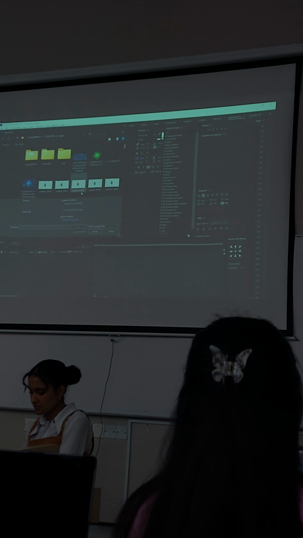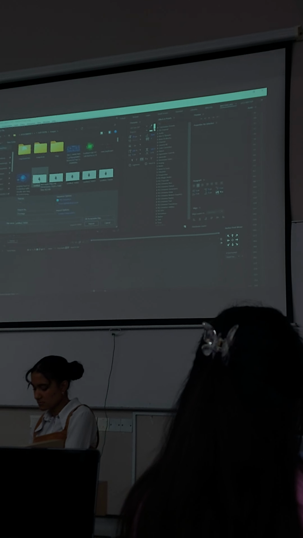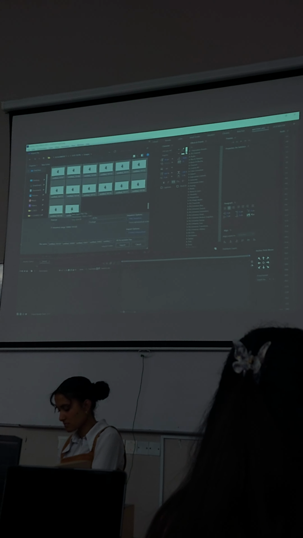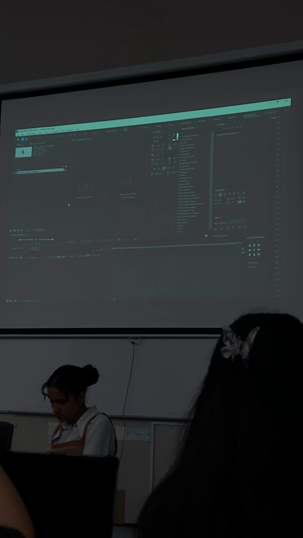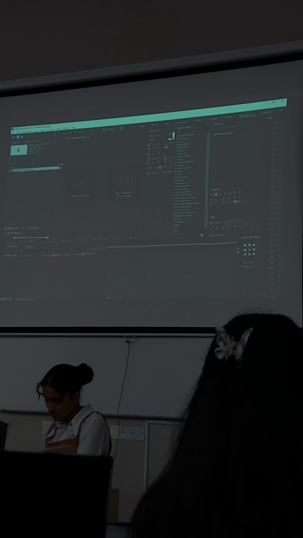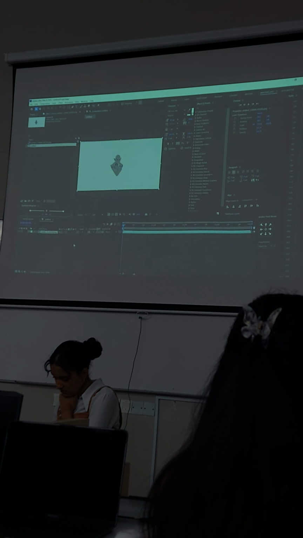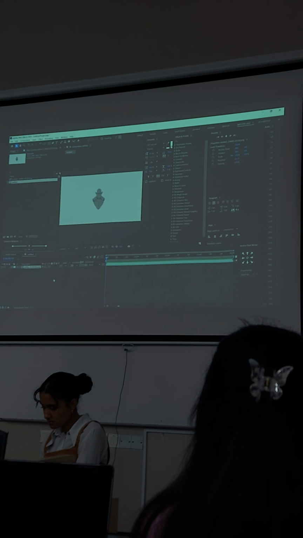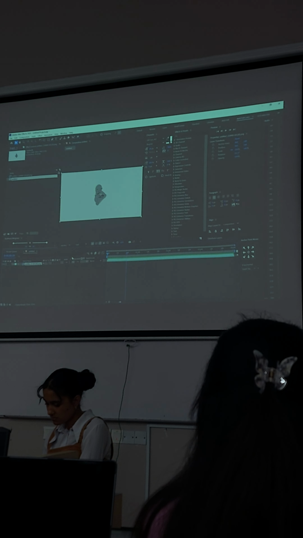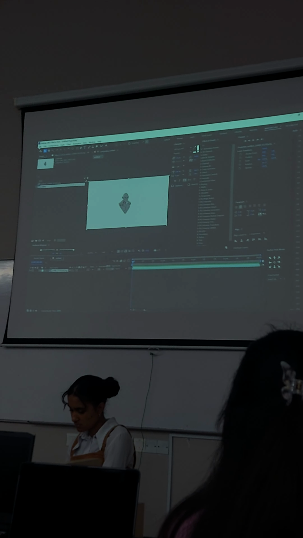Click on your After Effects, import file, and then starting from this one, click Shift, click, and then click here, sequence option, PNG sequence, import as footage, and then import. When you import, you will have this one, and then import to your timeline, and then you play. So that's how you render your Maya, and then starting here,